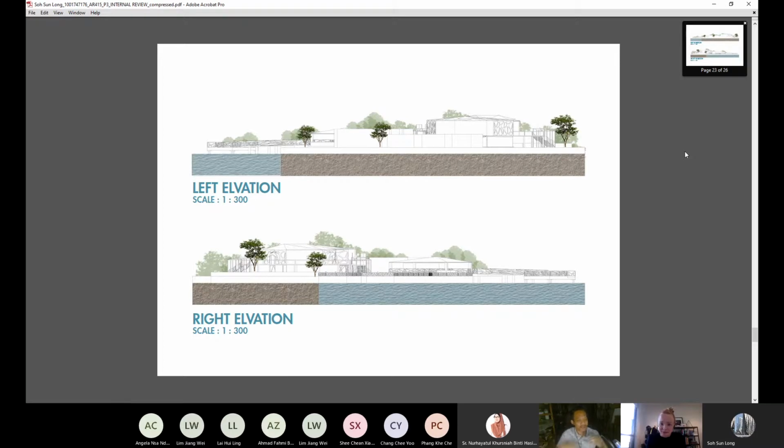So if you could just improve the volume, I'm sure the gallery would appreciate that. Programs like handicraft or workshop would appreciate more volume. So you could give the building a bit more character.